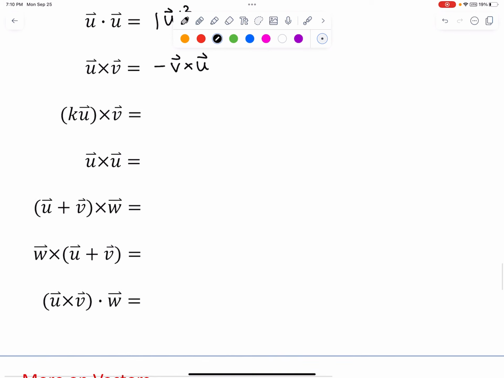If you have a constant times a vector u, and you cross that with a vector v, you can also factor that constant out and just do u cross v first. I'll leave it to you to verify this. A vector cross with itself will always give you the 0 vector. So combined with the previous statement, a vector cross with a multiple of itself, for example, if there was a k here in front of this u, you could factor that k out and do the cross product of u and get 0, and then k times the 0 vector is still the 0 vector. So a vector cross itself or a vector cross a multiple of itself will, in both cases, give you the